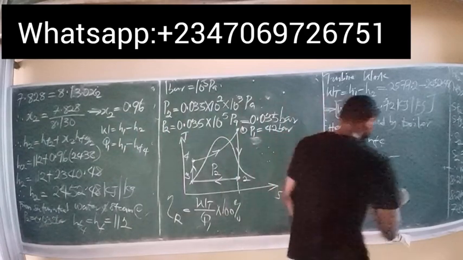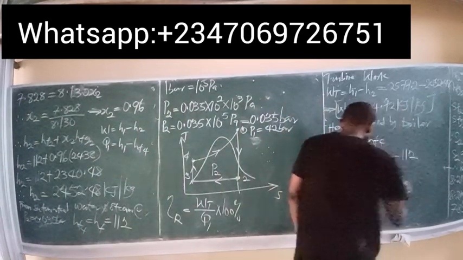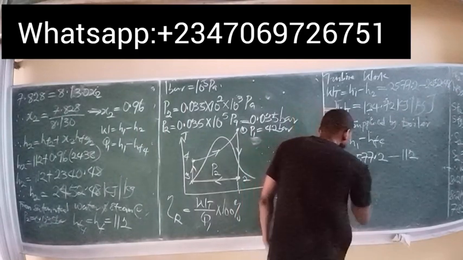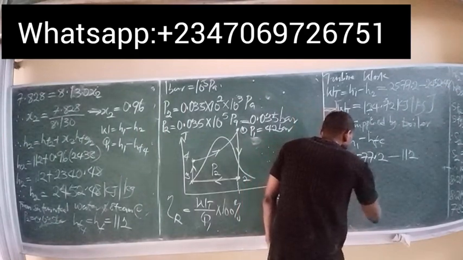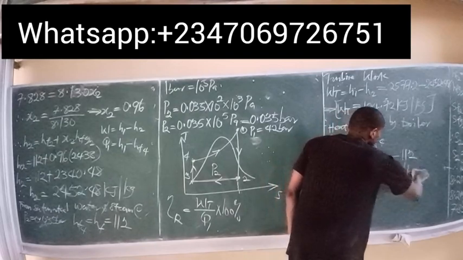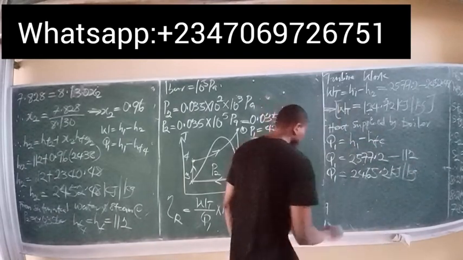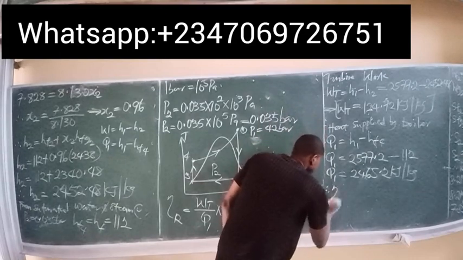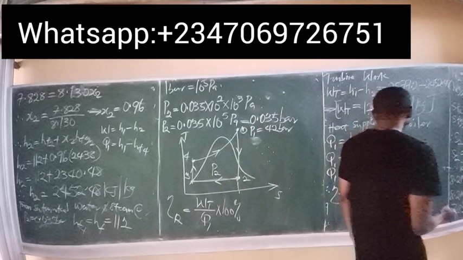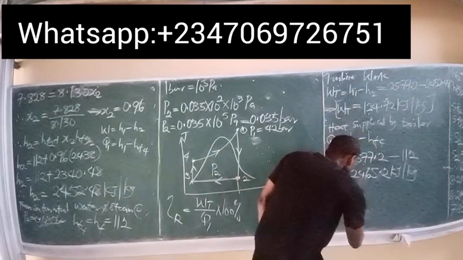So minus 112. What is heat supply? 2465.2 kilojoules per kilogram, and therefore cycle efficiency is now turbine work, which gave us 124.72